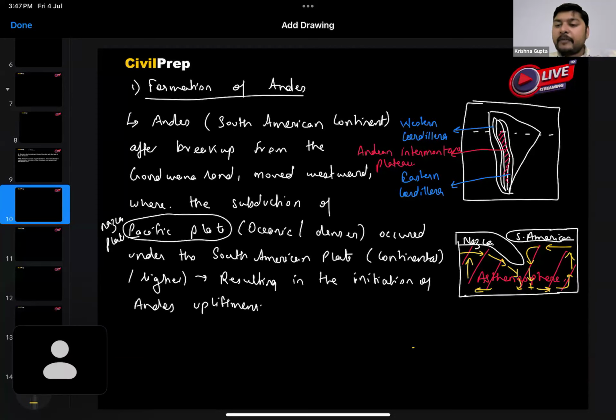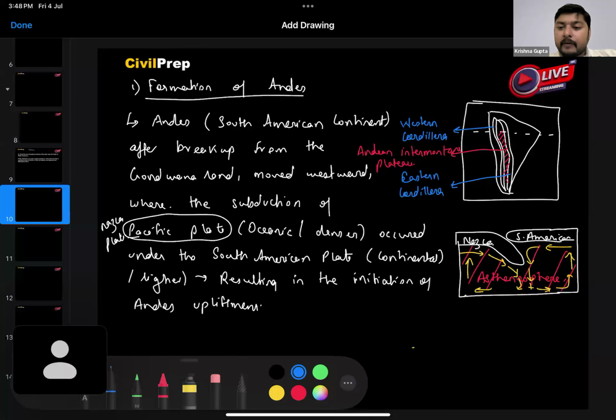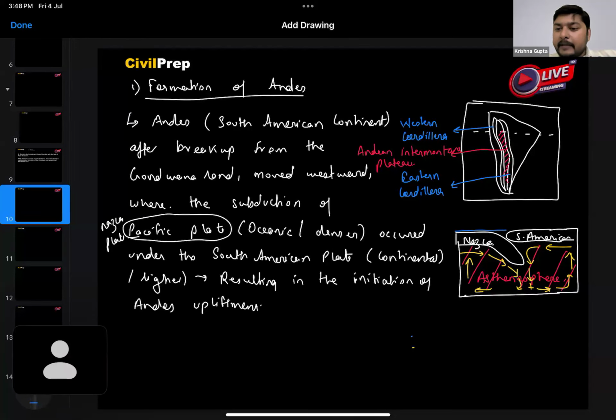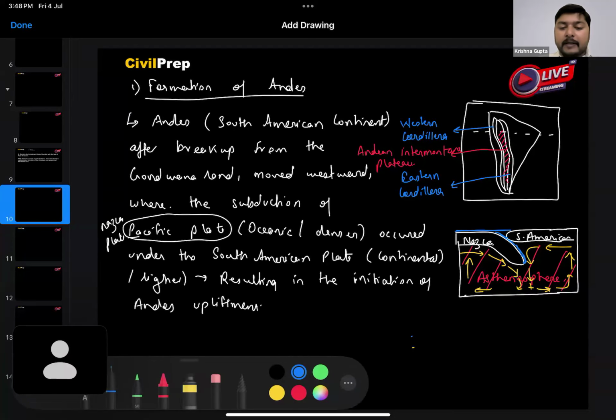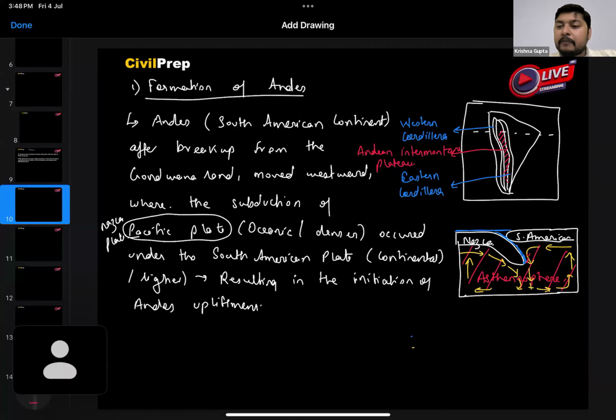So here in this diagram, we are able to explain the asthenosphere and the presence of the mantle. And what is happening here? The Nazca plate is under the ocean, and it consists of certain parts of water also. As the water mixes inside the mantle, it results in the formation of magma. The magma is formed because the melting point is declined, resulting in the formation of mountain ranges, which are initially volcanic mountain ranges.